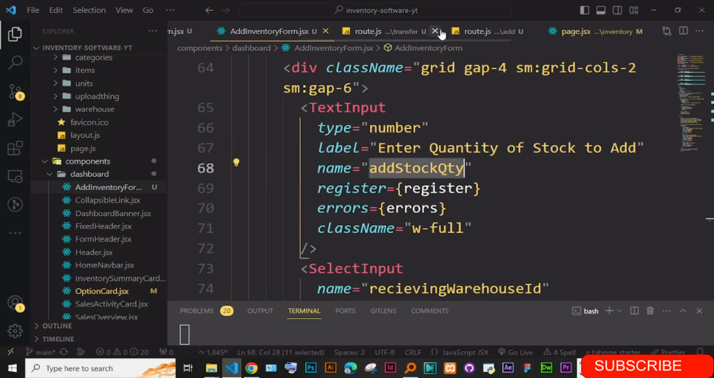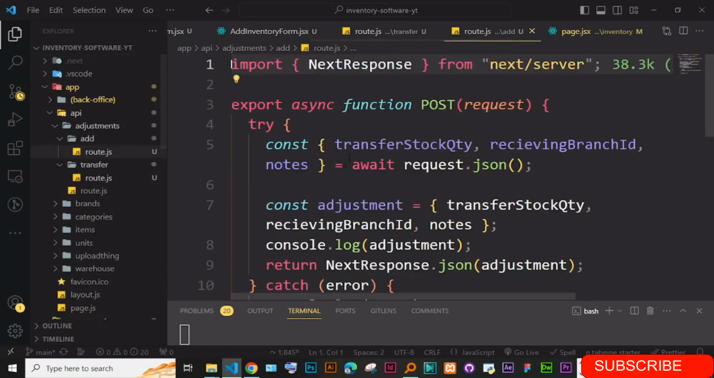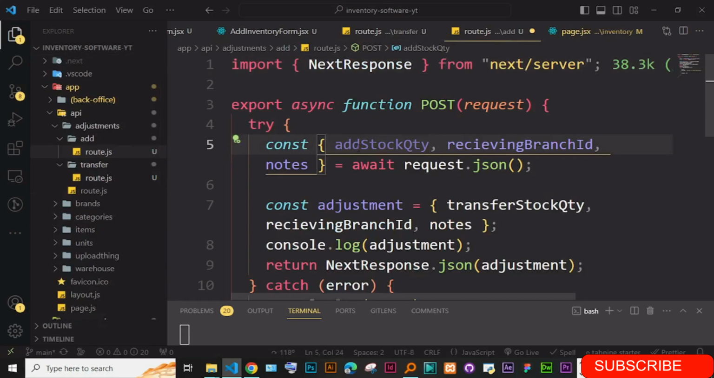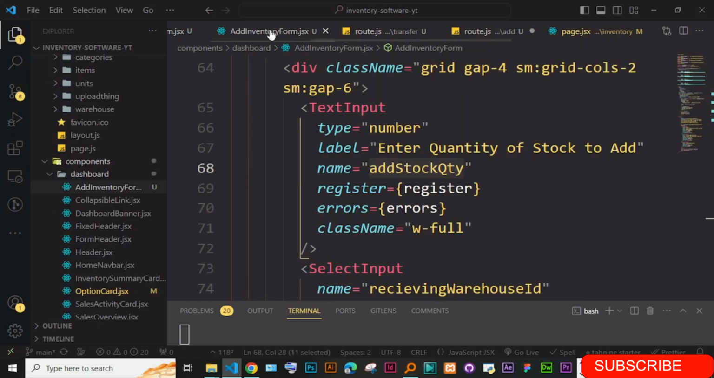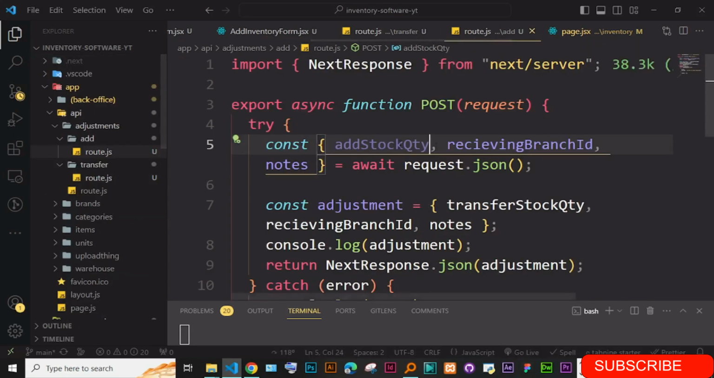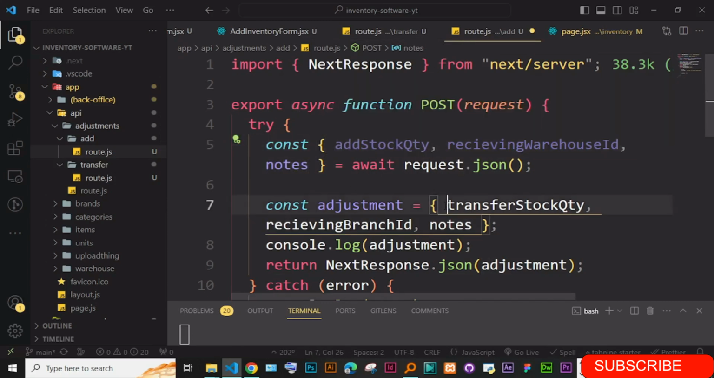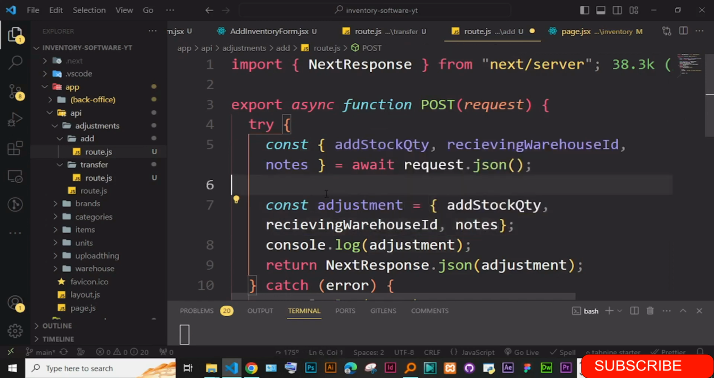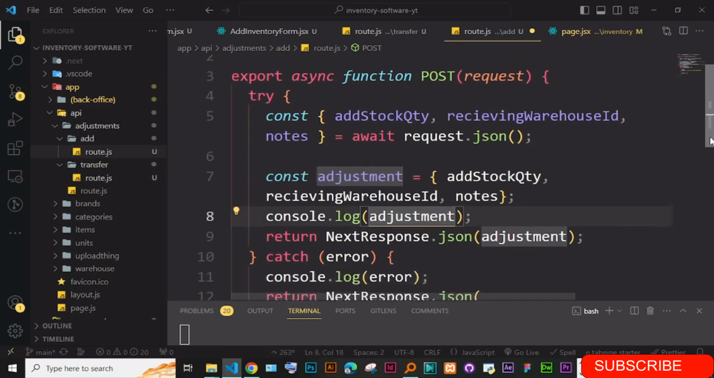Can first close this, go to add. So we are getting the add stock quantity. The second one is receiving warehouse ID, and the notes. Okay, and we can just add these ones here. Okay, and everything remains the way it is. Adjustment is that blah blah. Okay,